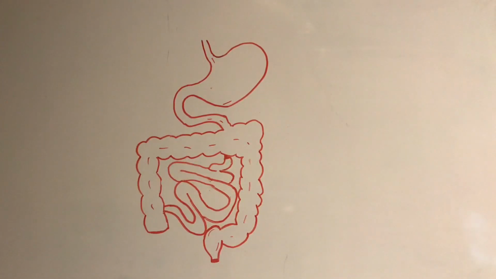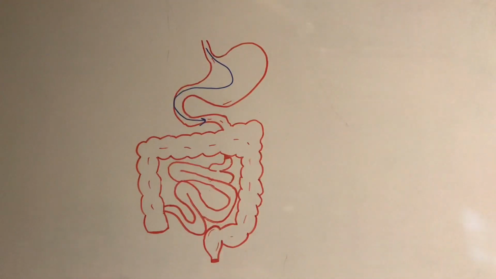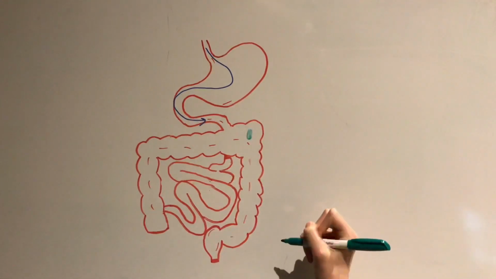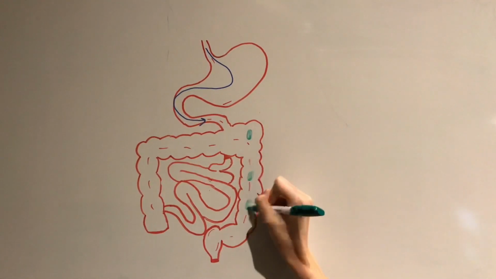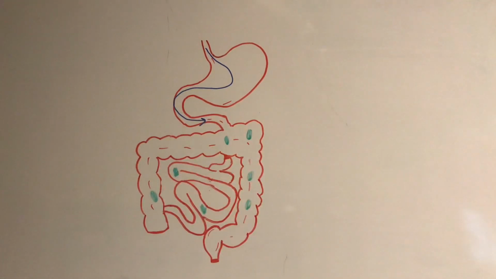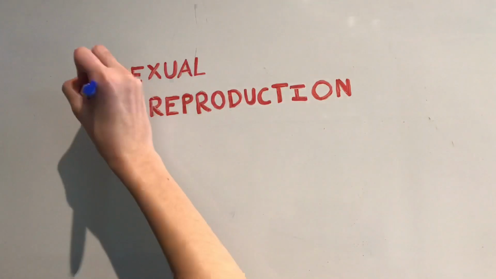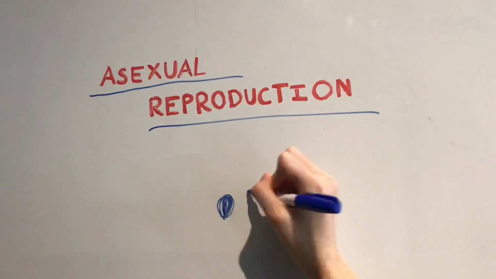When the Salmonella bacteria enter the body, they pass through the stomach and colonize the small and large intestine. There, they invade the intestinal mucosa, where they proceed to multiply, undergoing a process called binary fission. What is binary fission? Well, binary fission is a form of asexual reproduction where a single cell divides to form